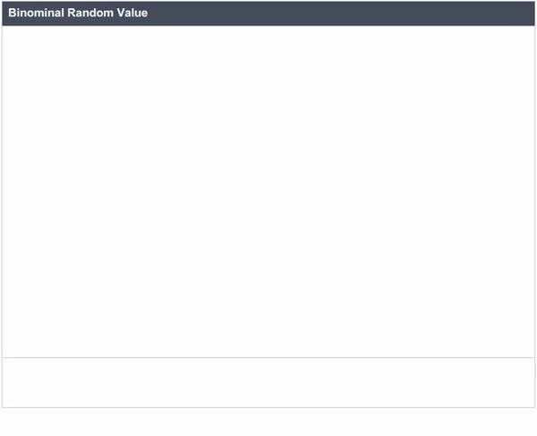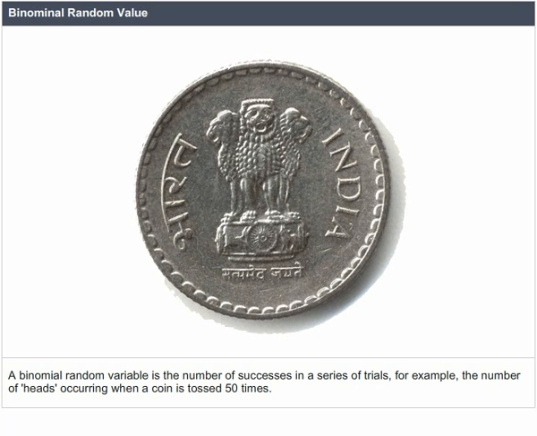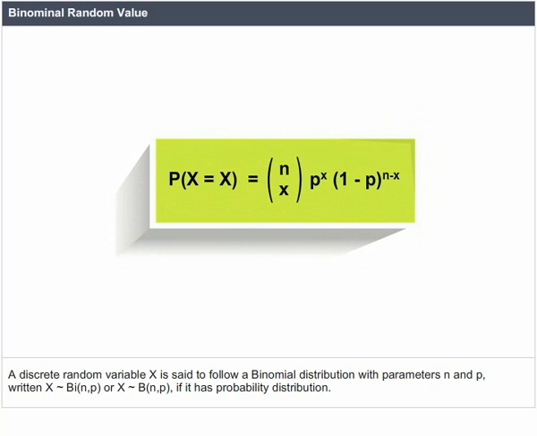Binomial random variable. A binomial random variable is the number of successes in a series of trials, for example, the number of heads occurring when a coin is tossed 50 times. A discrete random variable X is said to follow a binomial distribution with parameters n and p, written X follows Binomial(n, p) or Bi(n, p), if it has the probability distribution